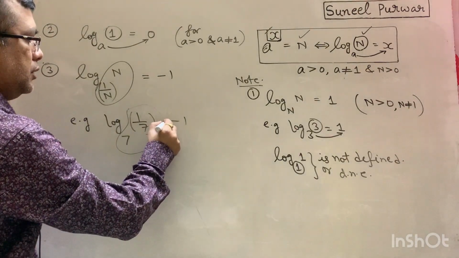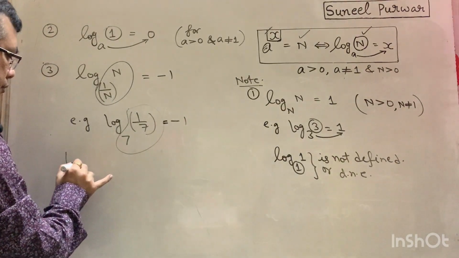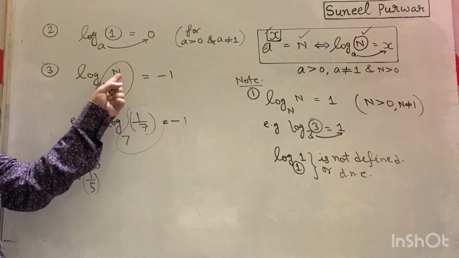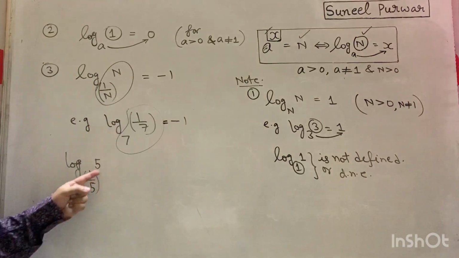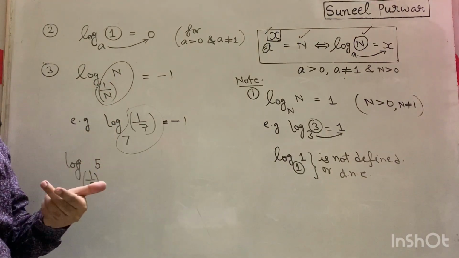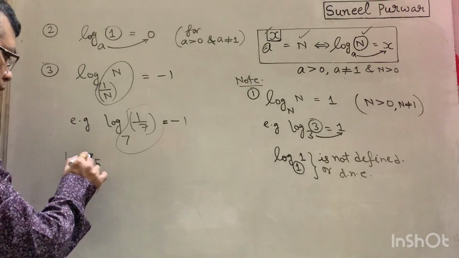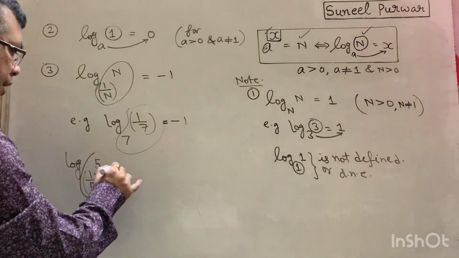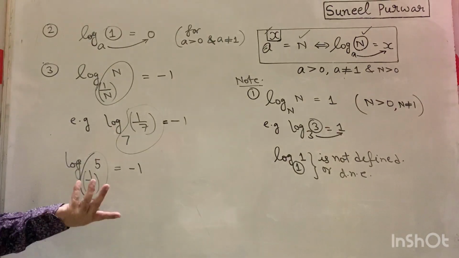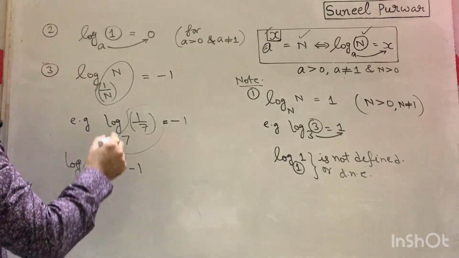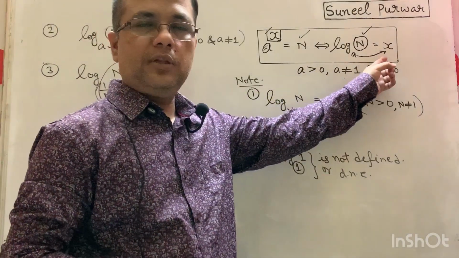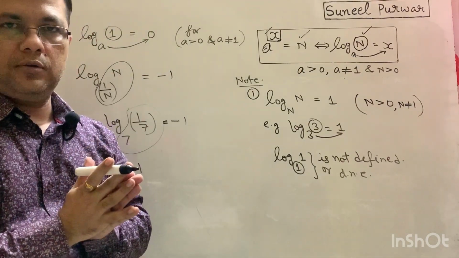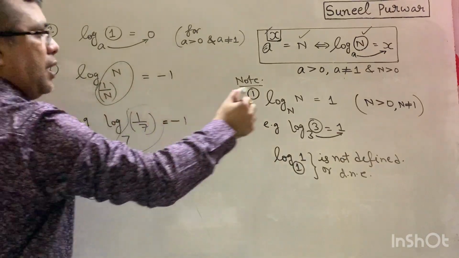Equal to minus 1. Log of 5 to the base 1 by 5. Number and base, are they reciprocal of each other? If the two numbers are reciprocal of each other, means their product is 1, which is there. Product of these two is what? 1. So whenever that happens, you can directly say log value is minus 1. So easy to understand, you see. As per this arrow, as I told you in the beginning only, this understanding of the arrow is going to be very useful for us.